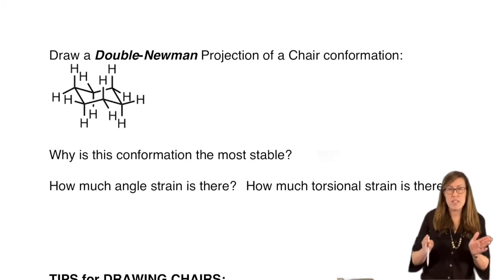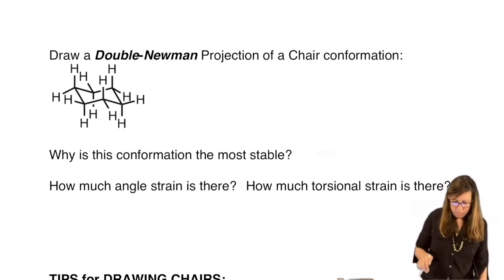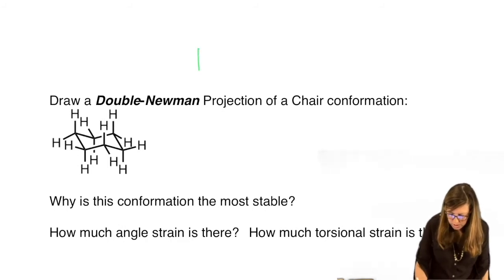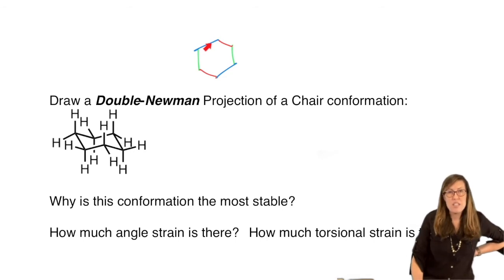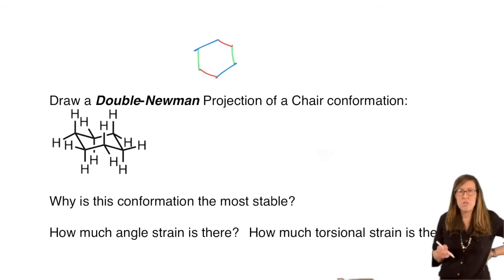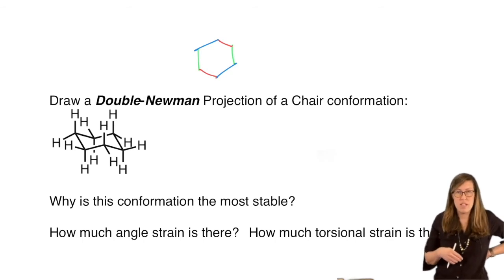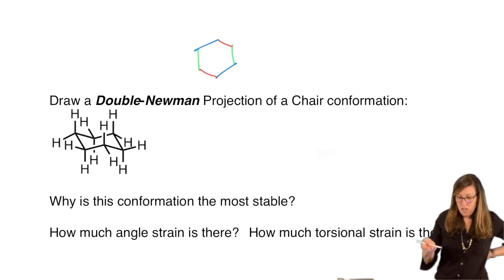because there are always in a chair two sets of parallel lines. So notice in a hexagon, we always have bonds that are parallel. So you can do a Newman projection down that bond, but that means there's also a Newman projection from that same perspective down this bond. Or you could say, I want to do this red bond, but that means there's another matching one there. Or you could pick this one and there's another matching one there. Because hexagons are made out of three sets of parallel lines that occur in pairs,